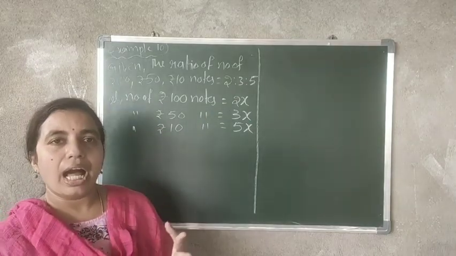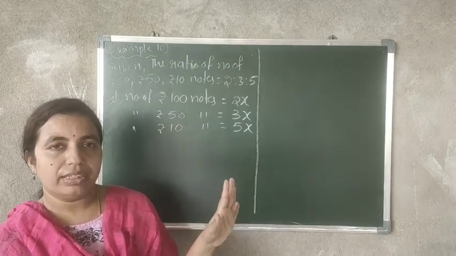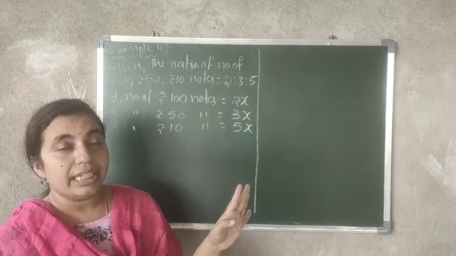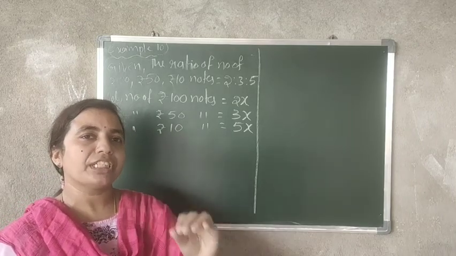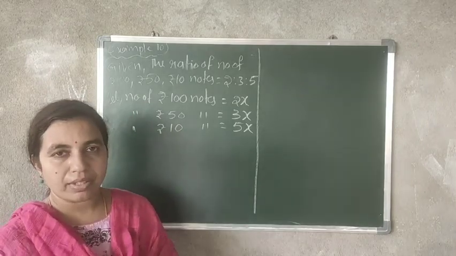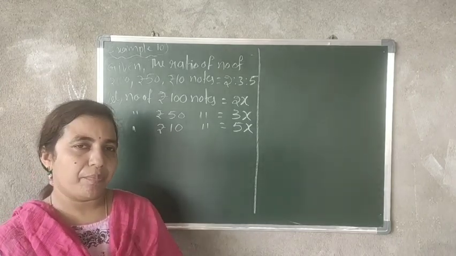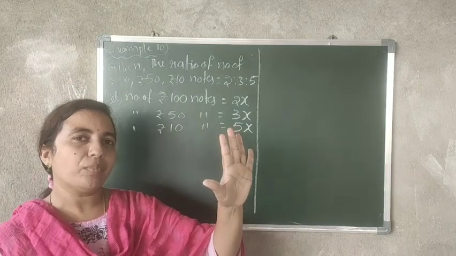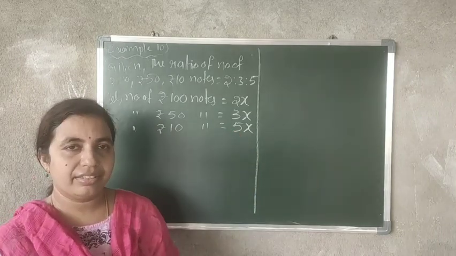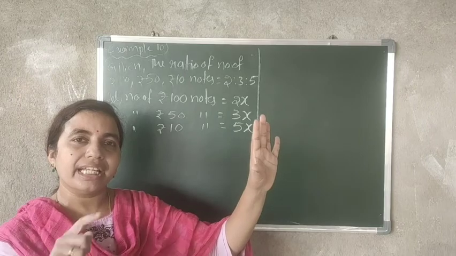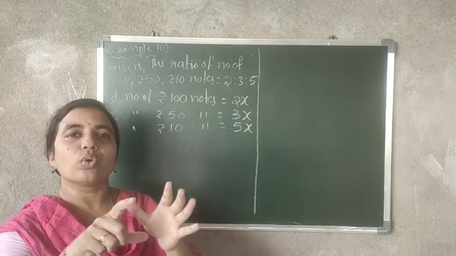See, if I say I have 500 rupees notes with me, listen clearly, how much amount do I have? See what I said: 500 rupees notes. So the amount is 5 into 100, which is 500. What are you doing? Number of notes into that particular denomination. You have to multiply by that denomination so that you get the total amount.